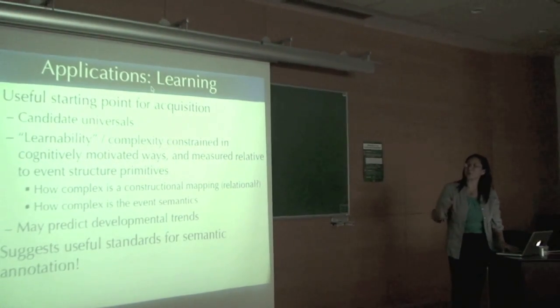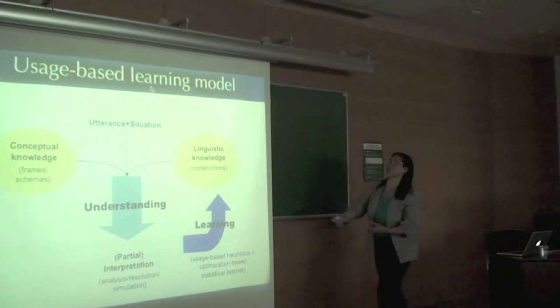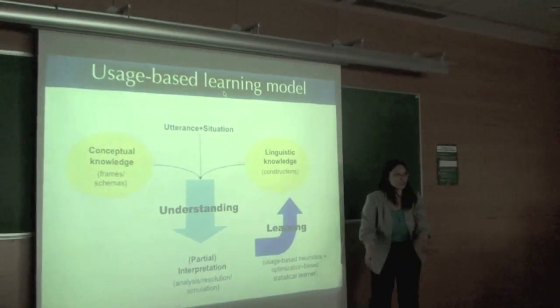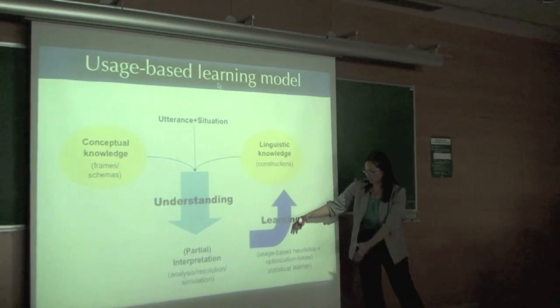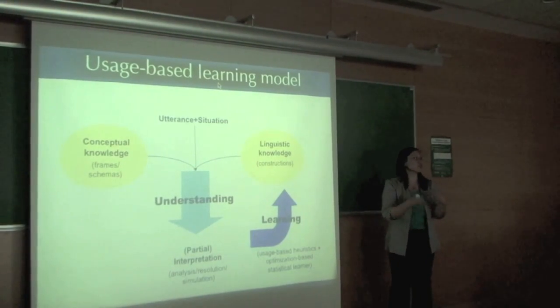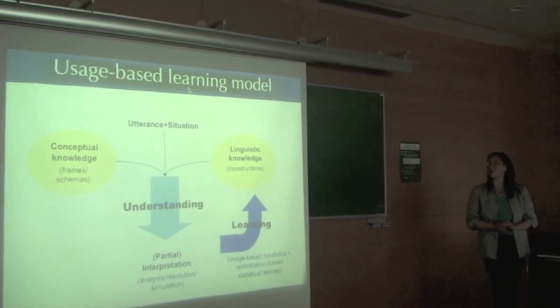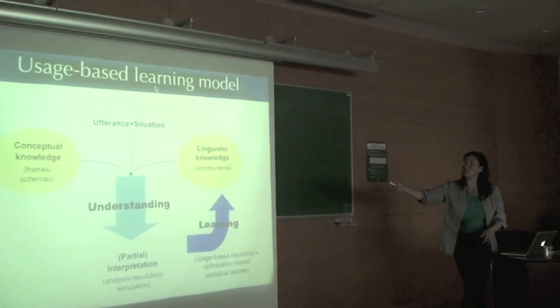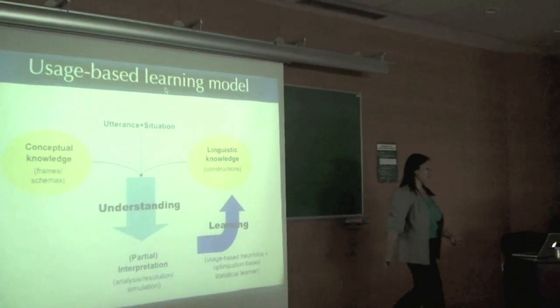Okay, and so if we want to think about what children are getting, these are the kinds of things that are important to them. So the picture here is an add-on to what we said before. You could imagine you're in the situation and you're understanding, and in fact, you're a poor kid who just doesn't have very much language yet, so you only have a partial interpretation. Then you have to go through some process where you look at the situation and learn new stuff, more or less. There's a thesis worth of stuff explaining this in more detail. But for aspect, the idea is that if you don't have the right kinds of representations coming in, then it's very unlikely you're going to have the right kinds of representations coming out.